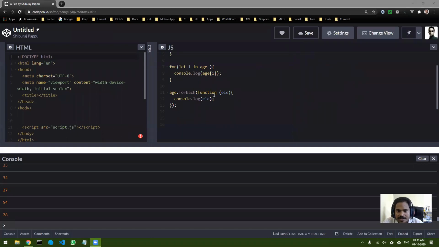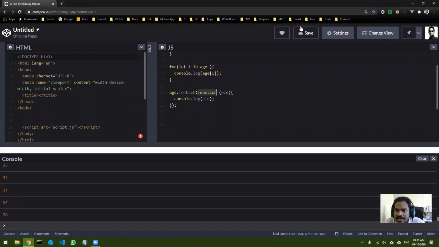Yes, Anwar, that first step is correct. So there are 2 steps involved. The first step is to remove this function keyword. Can anyone tell me what is the second step? So in an arrow function, there has to be an arrow, right? So where to put the arrow?